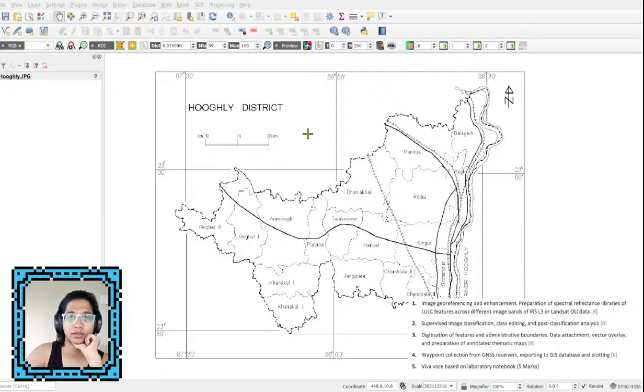Okay, then the next one is this one. For ground control points the minimum is 4, and maximum you can go as much as you want to,